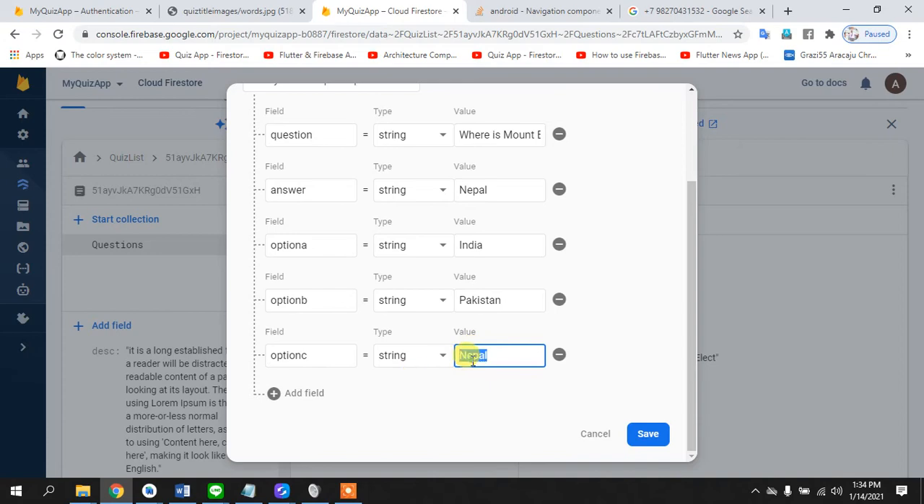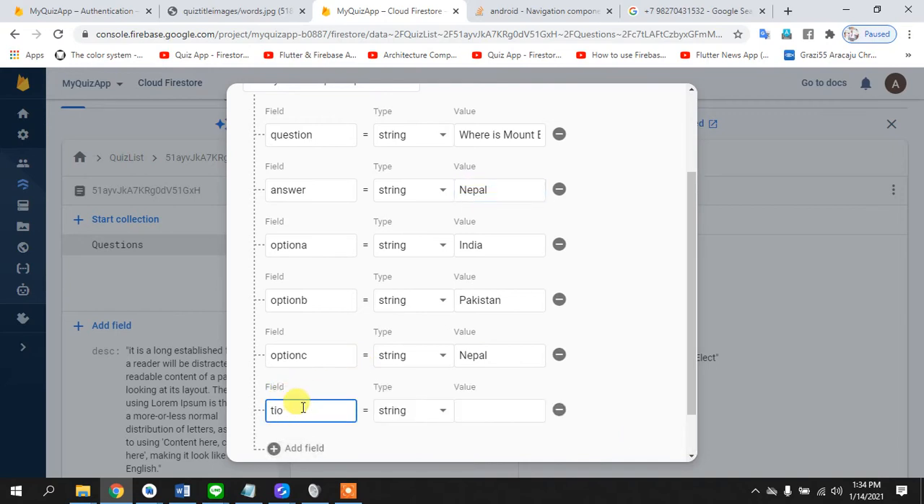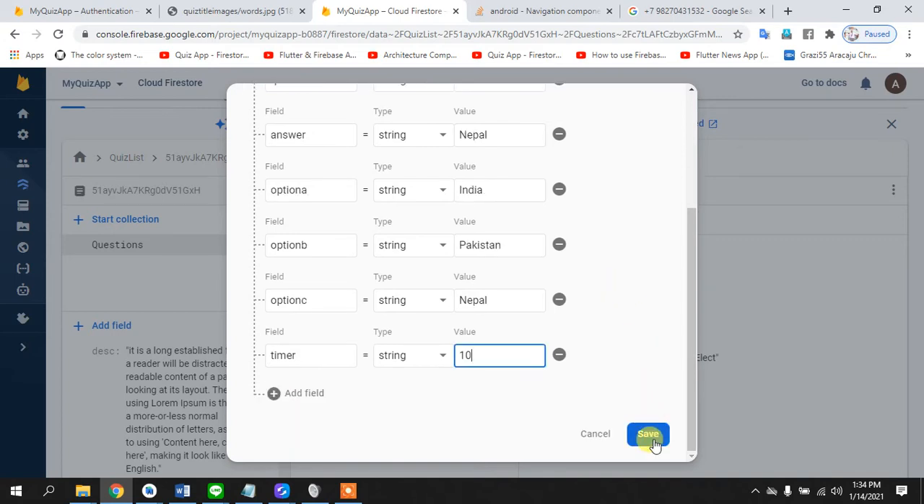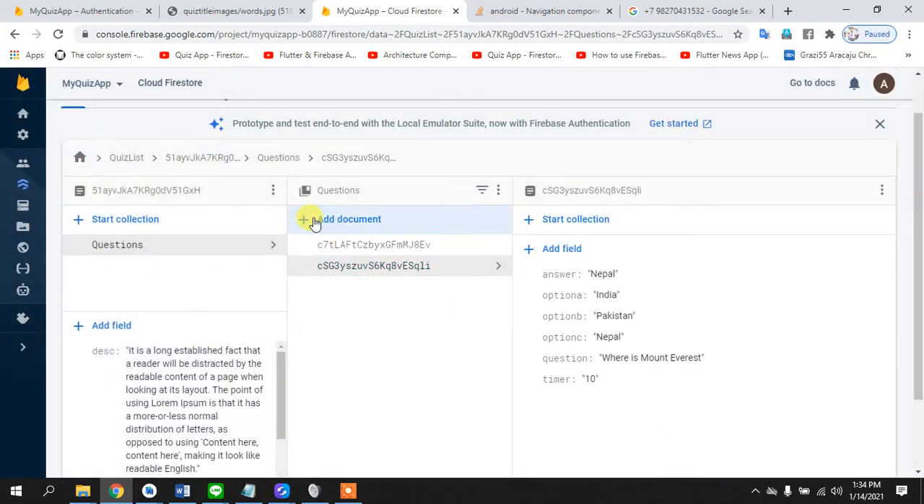So make sure your option text matches this field, because it is very important that this text is going to be shown in the button, and we are going to apply some logic that checks if this text is equal to the text in the answer field. If the text is different here, your quiz will not run. Timer, 10 seconds again. Add another